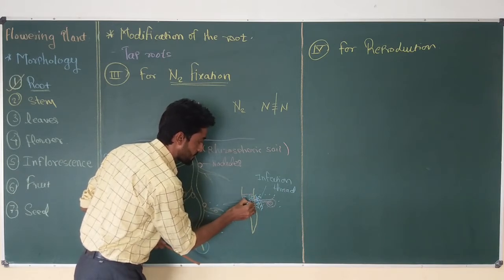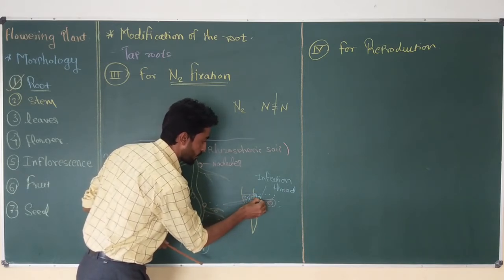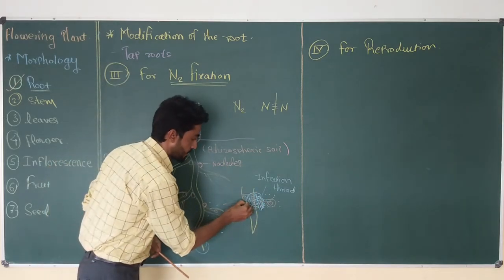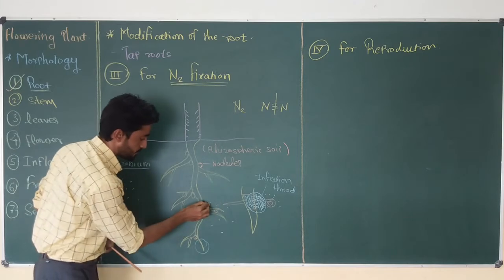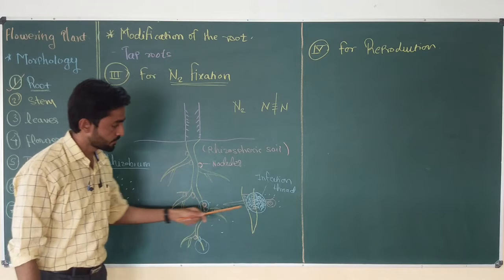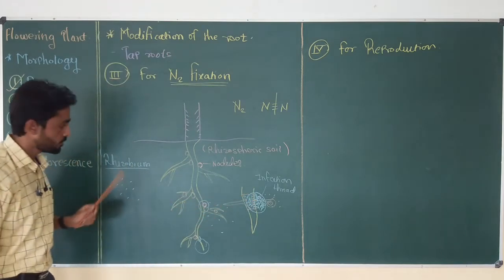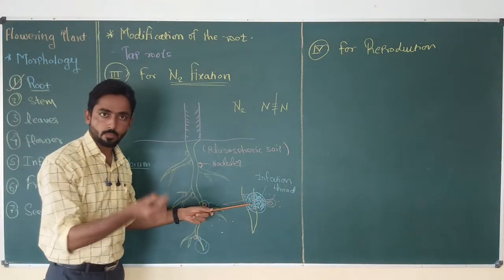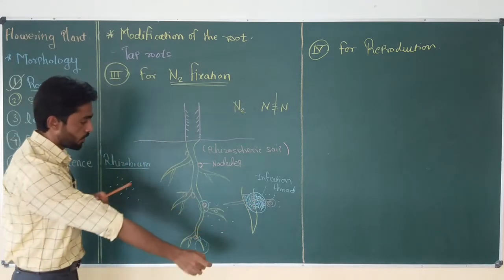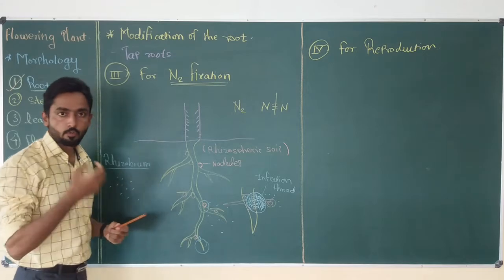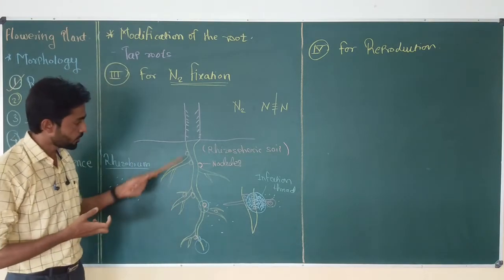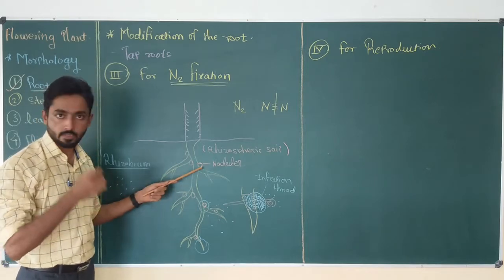Large numbers of cells come together to produce a cell mass or tumor-like structure in this area, and this is nothing but the nodules. So different nodules are produced due to the infection of the rhizobium. Rhizobium enter inside the root through the root hair, and due to their entry, nodules are produced. So if someone wants to isolate rhizobium or rhizobacteria from the soil, they have to use taproots and nodules of the taproot specially.